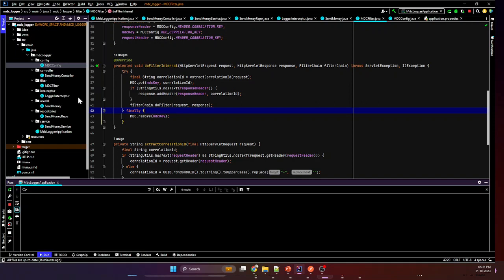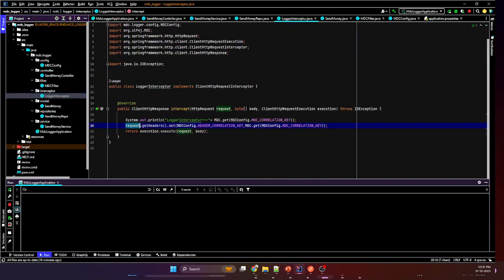Next, in the interceptor, I added the same thing here. I use the client HTTP interceptor, which is added for any other REST call. The same concept can be used in a microservices architecture, like one service calling another service, calling a third service, for example service A calling service B calling service C. If you want to propagate the same correlation ID throughout the other services,